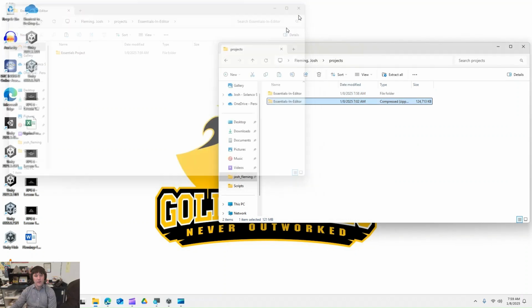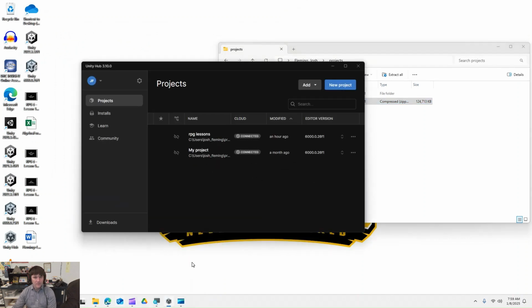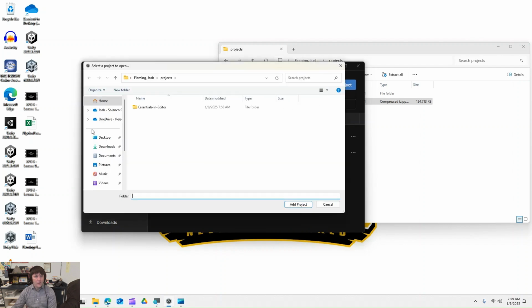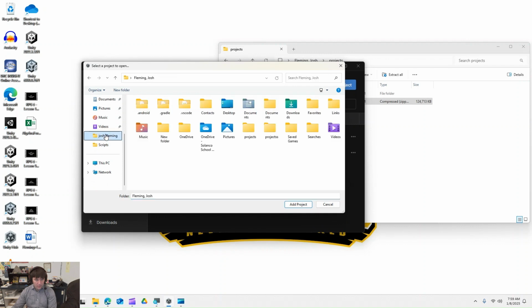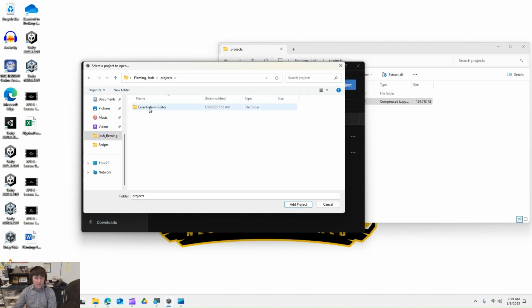At this point, we're going to open up Unity Hub. All right, and we're going to go to Add project from disk. We're going to then go to our Projects folder. All right, so Projects, we're going to double click on Essentials in Editor once, twice, and now we click on